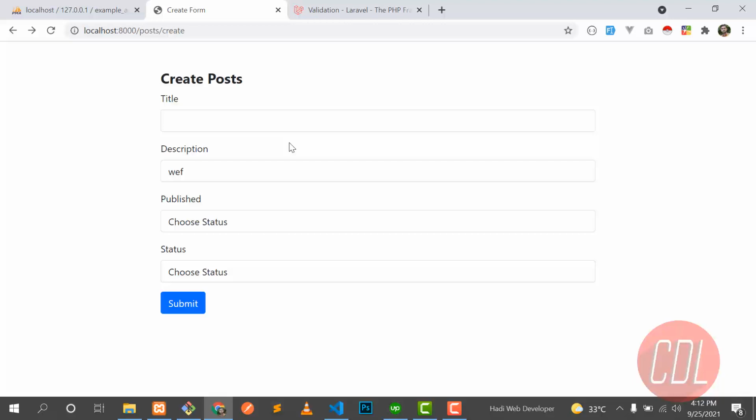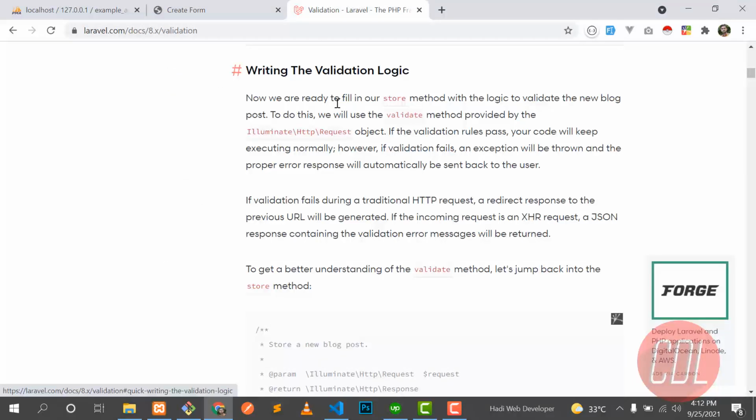There are two types of validation. The first one is client side, the other one is server side. First we will implement the server side validation, and then we will move to the client side. If we applied client side validation first and were unable to handle the server side validation, that's why we are first starting from the server side.